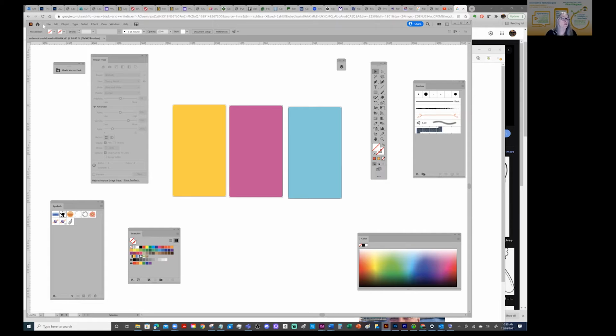So I'm going to save this file again. And this is just a walkthrough to get your 3 static images. We're going to bring in the multimedia in the second phase, and we'll talk about that when we get there. So I have this saved with the blank. Now I'm going to jump over to Xd,